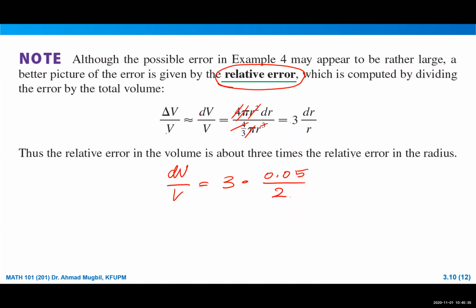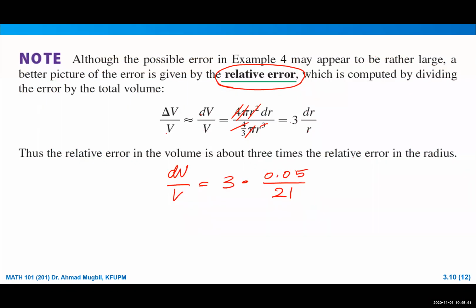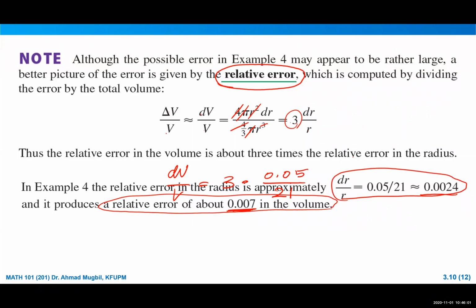0.05 over r, which is 21. Am I right? Yes, here it is, and this is the r and this is r. So which is approximately equal to 0.00024. So this is the relative error in calculating the radius. Now if you multiply it by 3, it will be 0.07, and this will give you the relative error in calculating the volume. So it is a small amount if you compare it with the huge, or with the original